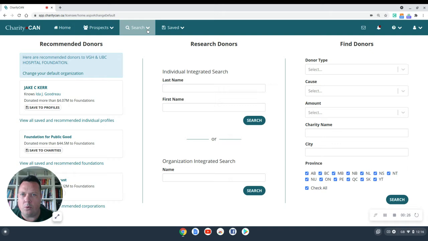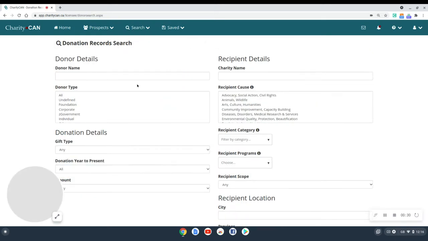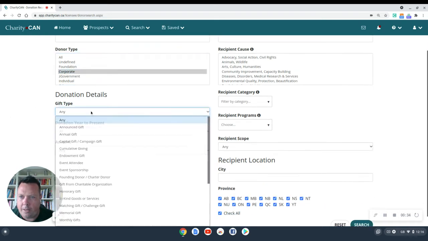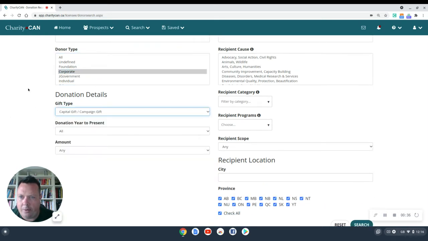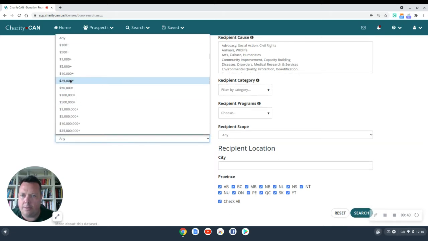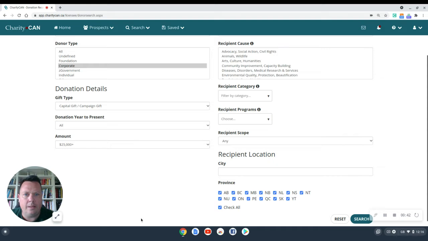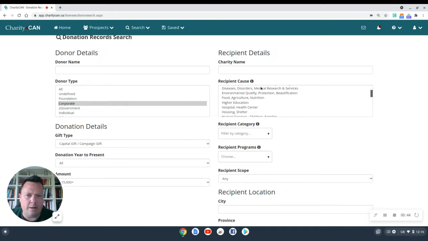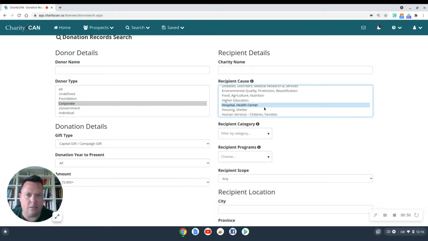And in order to do that, we'll click on search here at the top and go to donation records. Now we're looking for a corporate donor, so let's click corporate. Let's click capital campaign under gift. Let's set a gift floor for this. I don't know, let's say $25,000. My default organization is already set to VGH and UBC Hospital Foundation. So let's say that's our cause, Hospital Health Center